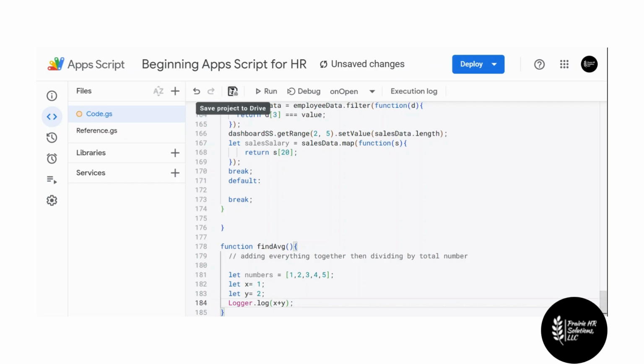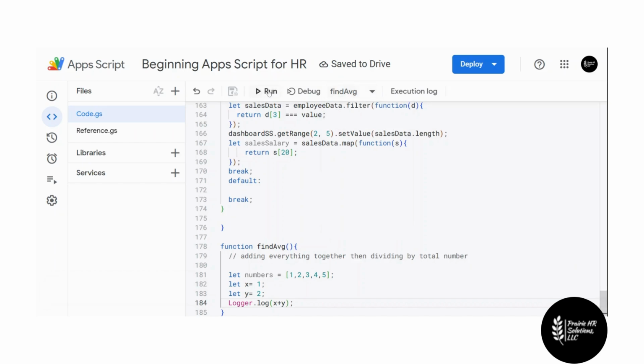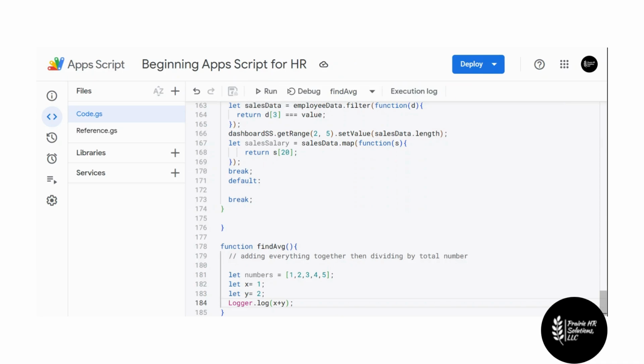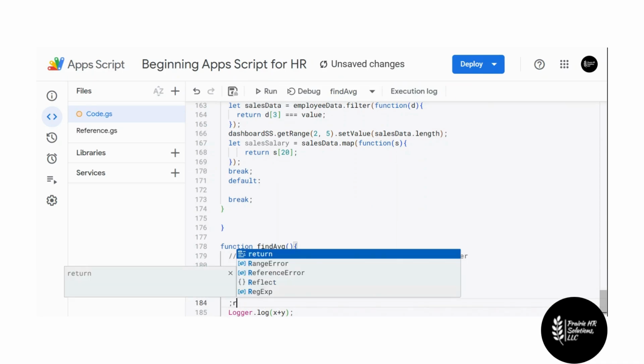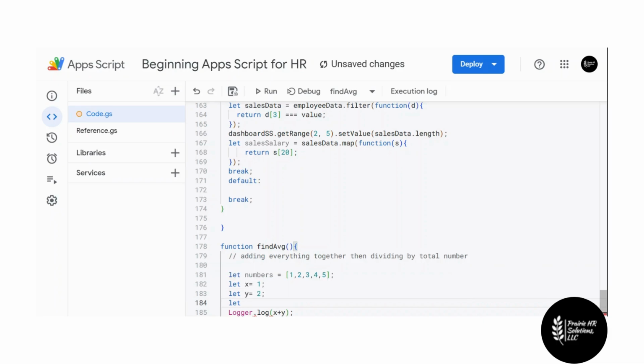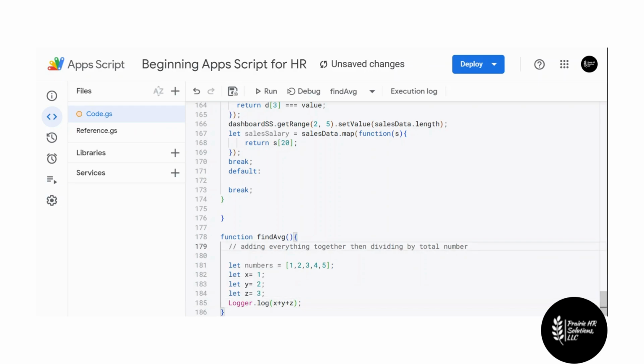And then if we were to save and run this find average function, it would give us 3. And then if we wanted to add in another one, we would have to write another variable, z equals 3, and then add that down here, plus z. So you can see this can get quite long. So we could do it this way,